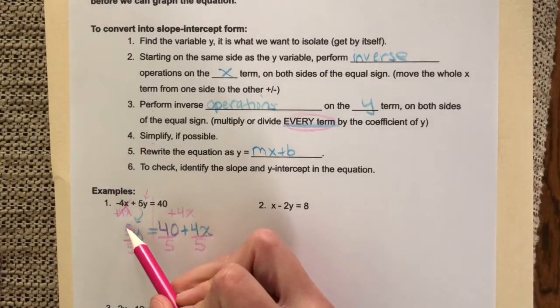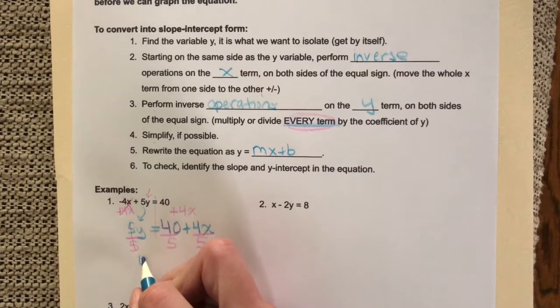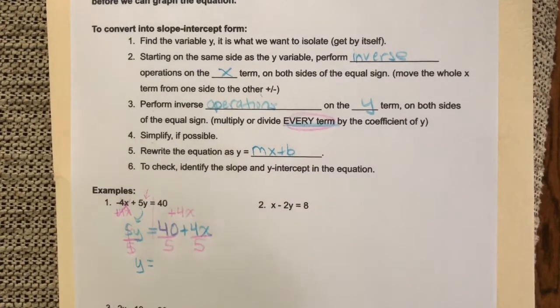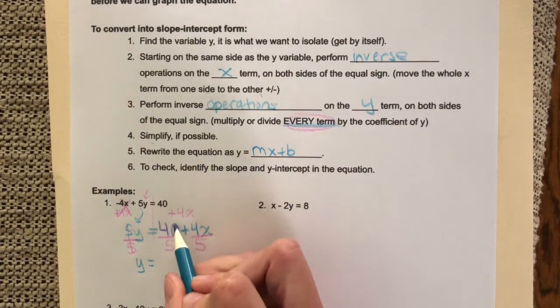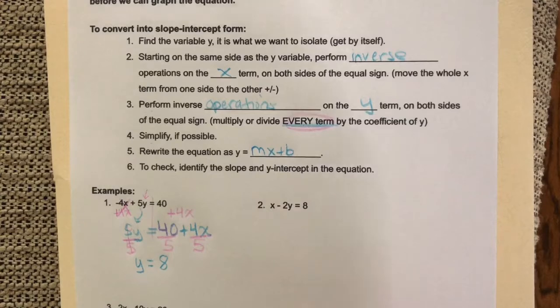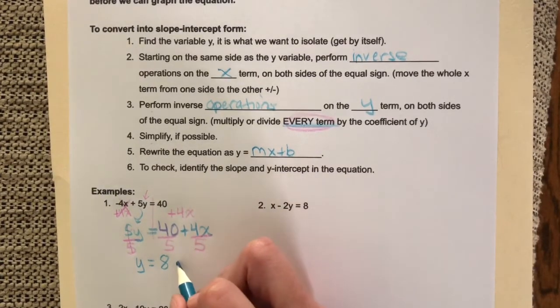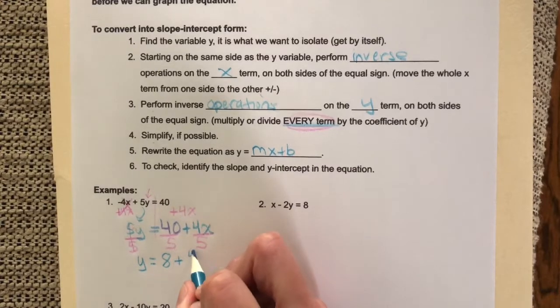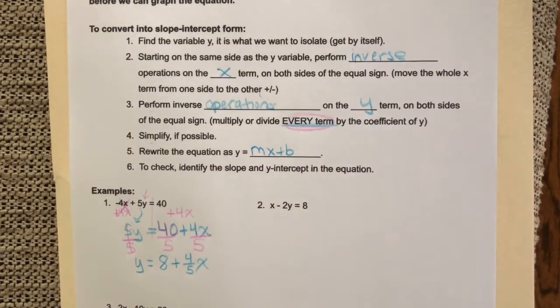5 divided by 5 is 1, so that's going to leave me with the y that I'd like. There's our y. 40 divided by 5 can be simplified. 40 divided by 5, this is what we're doing, is 8. And 4 divided by 5, that cannot be simplified, so we can leave that as a fraction, 4 over 5x. My one last step,